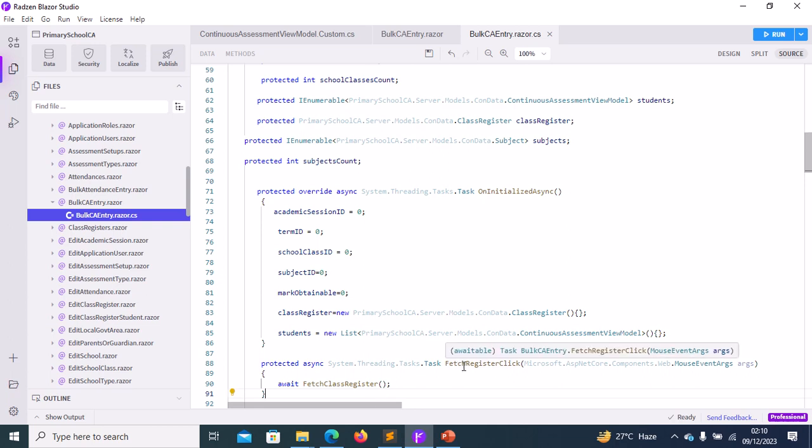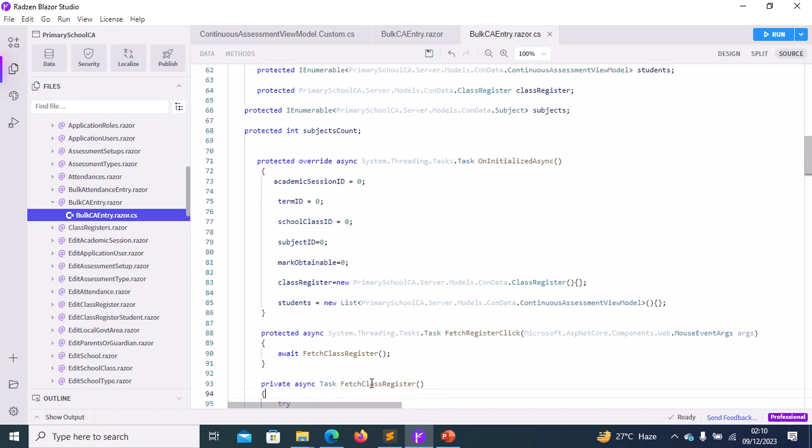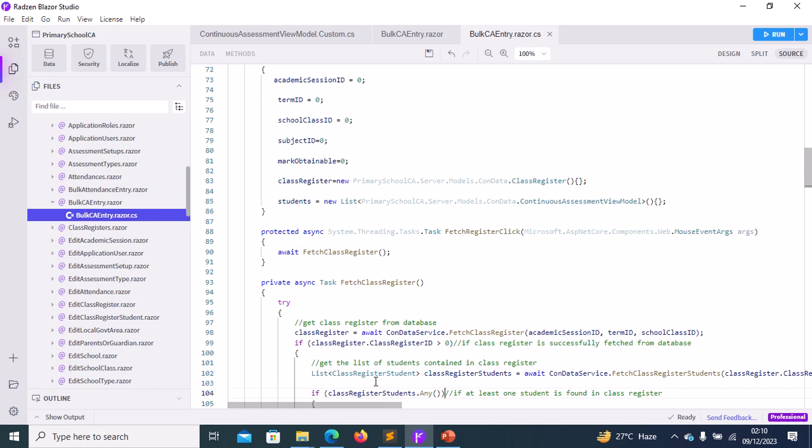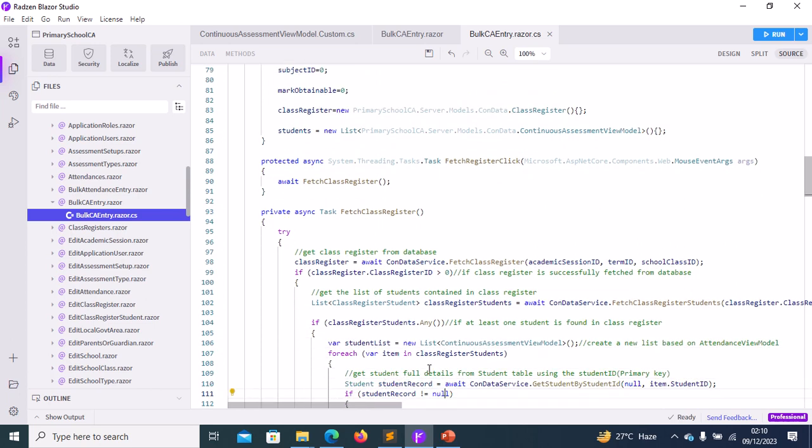Now there is a method called fetch class register click. In this fetch class register click, I call another method called fetch class register. Inside fetch class register, all we are doing is getting the class register from the database. So we get the list of students. After we get the class register successfully, we get the list of students containing the class register. Now on line 104, if at least one student is found in the class register,